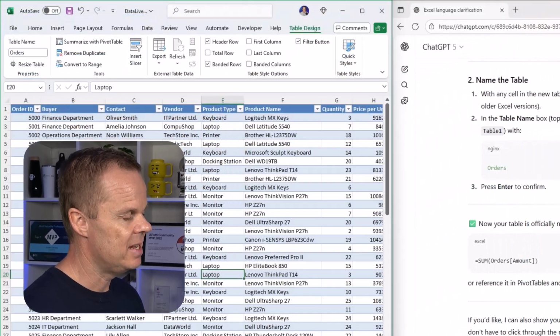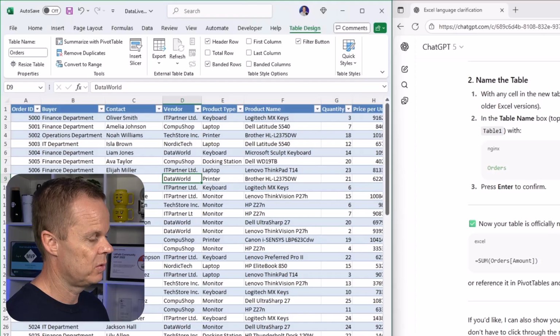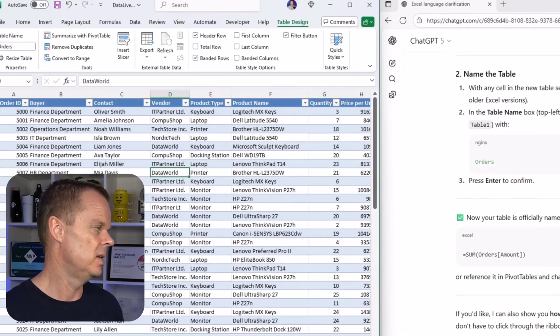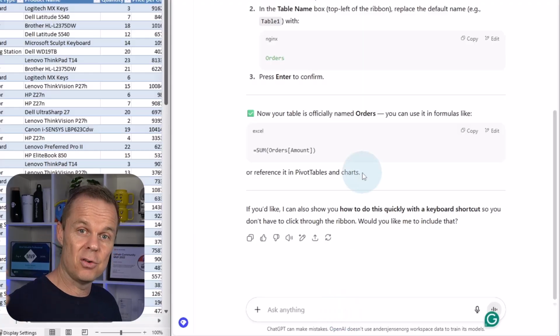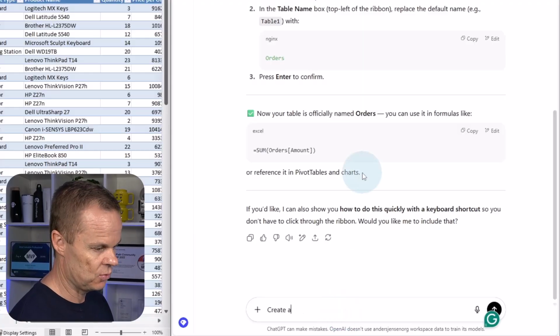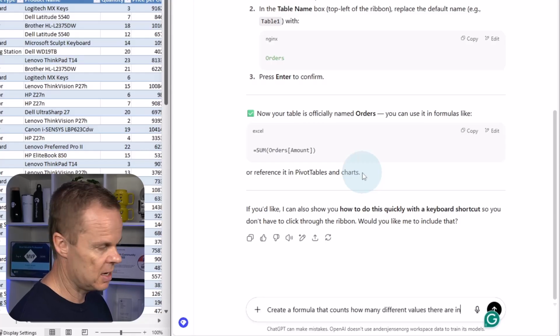Let's first calculate how many different vendors we have. As we can see, we have IT Partner repeated a couple of times. We have Data Weld. Let's calculate how many different ones we have, and we want to make a dynamic formula. I simply go over here to create the formula for data insights. I could say, create a formula that counts how many different values there are in the